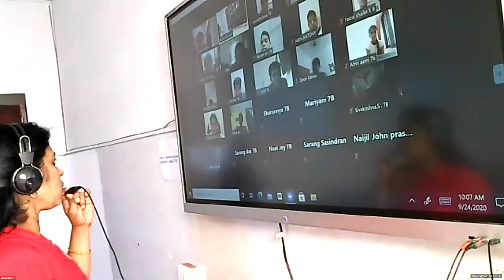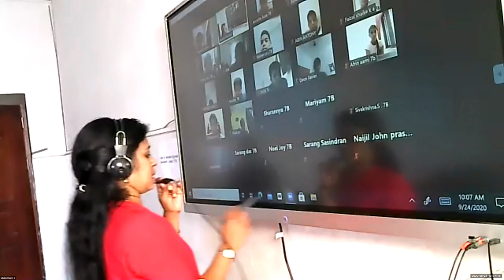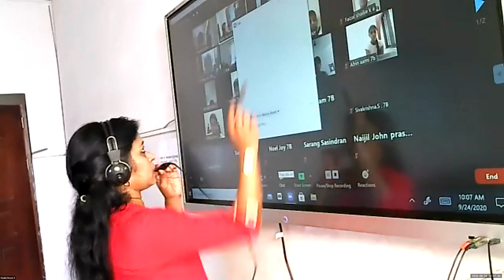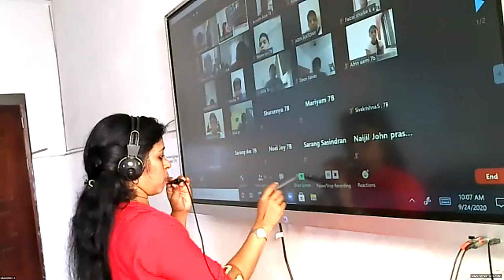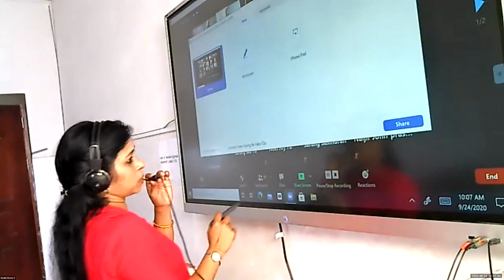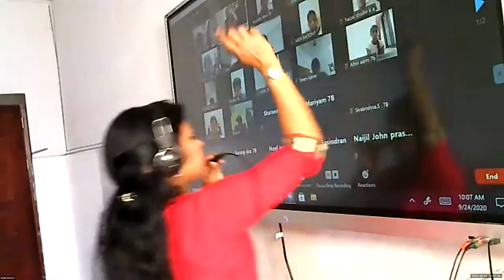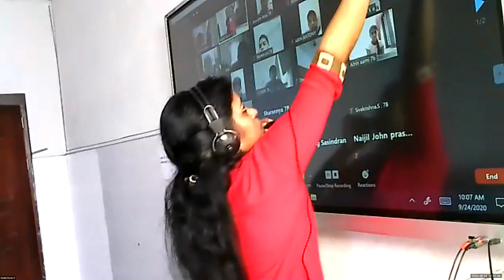Okay. I'll draw the rhombus, then you will understand. Now we can see what it is. That problem, I'll write down the problem. I have to take the easy board. So wait a minute.